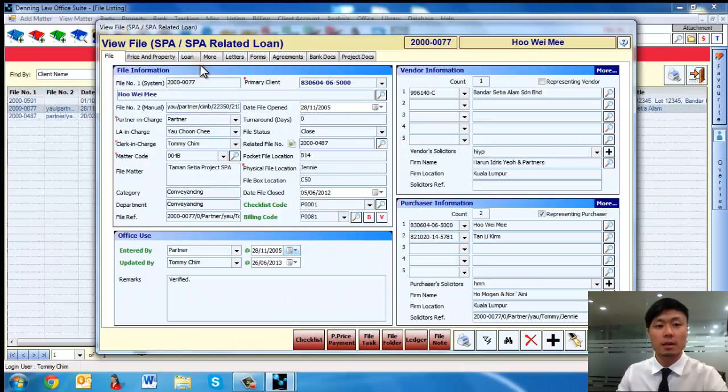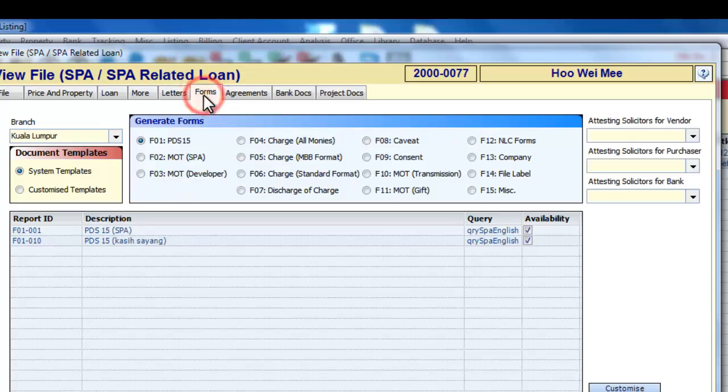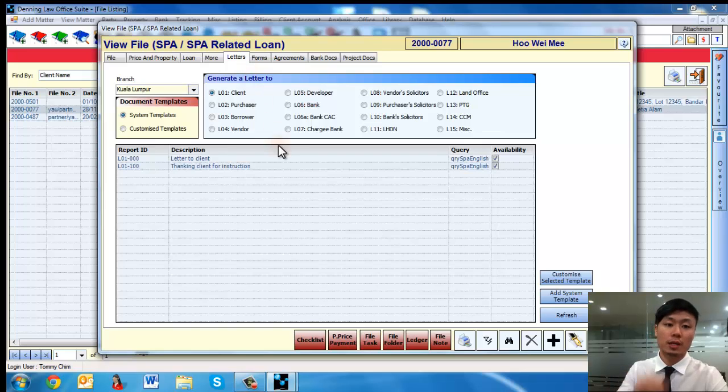Now, the system automates this process like this. If you note that there are 1, 2, 3, 4, 5 document generation pages here, when we click through them, you'll see that we have letter templates here, we have form templates, agreement, bank document, and project document templates, if any. So what happens is your firm can put in your own customized templates into the system. They'll be sorted under customized templates. The ones I'm showing you now are system templates, which are the ones that our company provides to you bundled